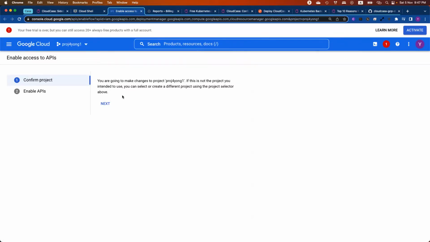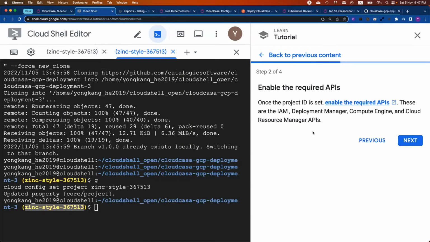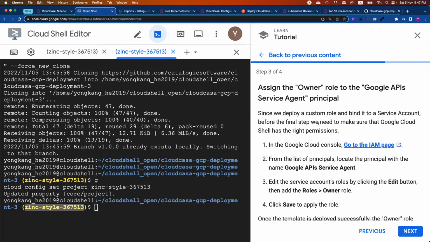And let me click next. So you will be taken to this screen. You are about to enable the following APIs. Once you click enable, all of these APIs are enabled from Google Cloud. Without these APIs enabled, you can't connect to CloudCasa. So after you enable the APIs, the next step is